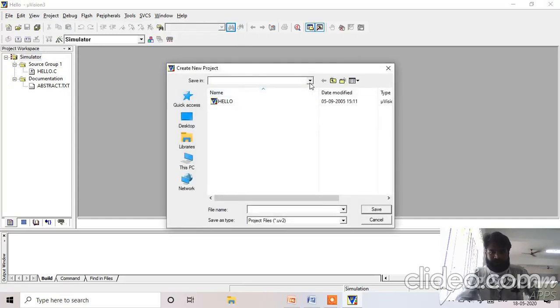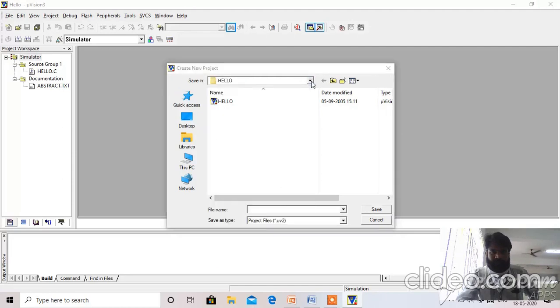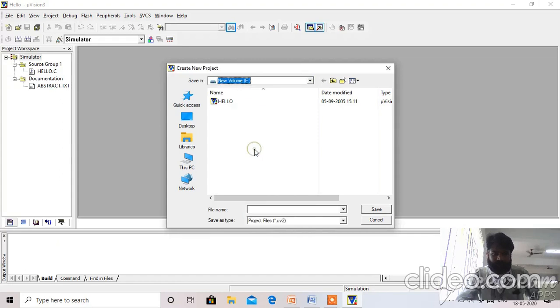Here you better create your own folder. To create one folder, say let's go to E drive, create folder.